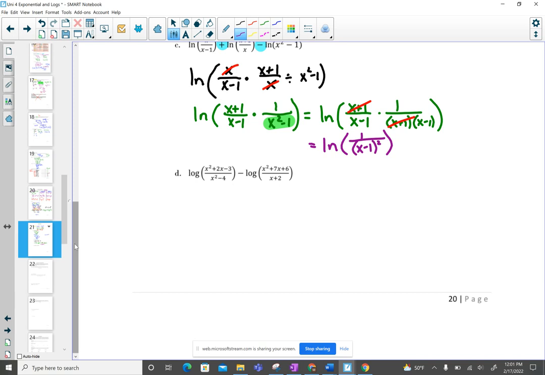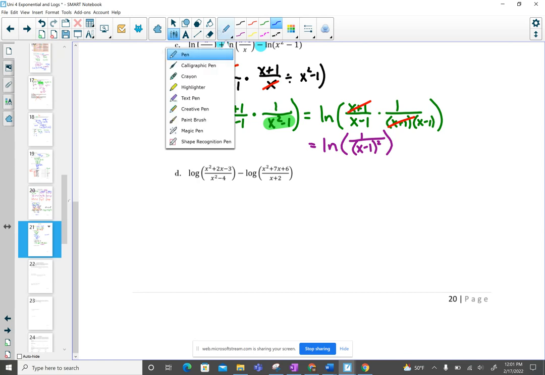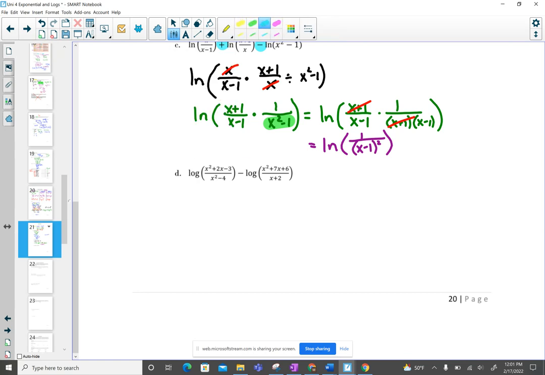Okay, so let's look at this last one, my dears. Okay, there's no numbers in front. Yay. But there's a subtraction in the middle here, which means when we condense it,